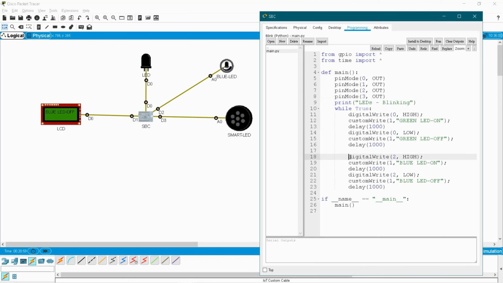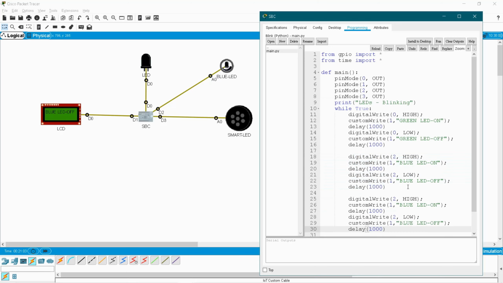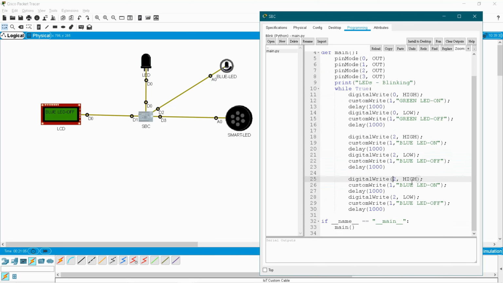Copy this statement, paste it out. Here I am changing the pin value. So the pin number connected with the smart LED is 3. So 3, and here I am changing the label as smart LED. Here 3, low. Smart LED off. Okay, and run the